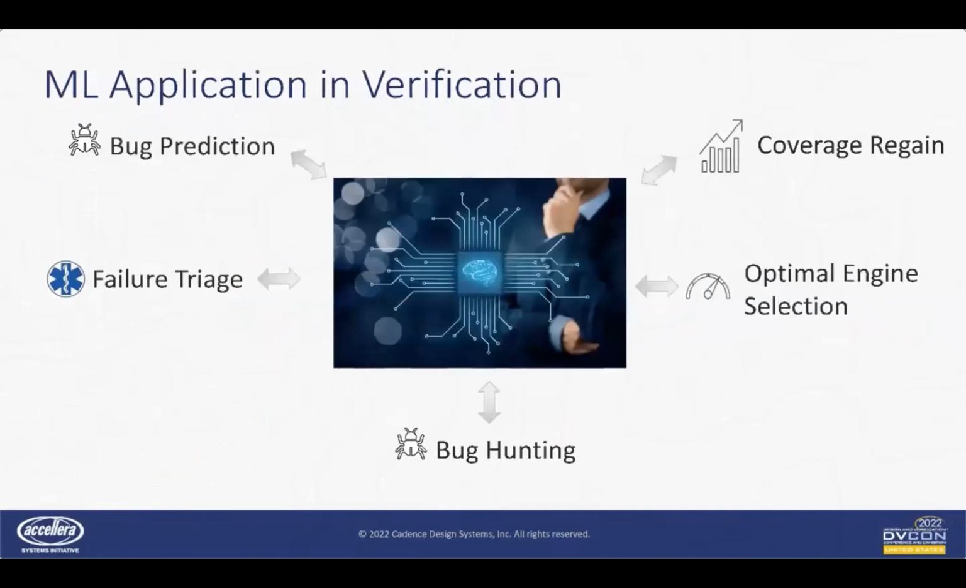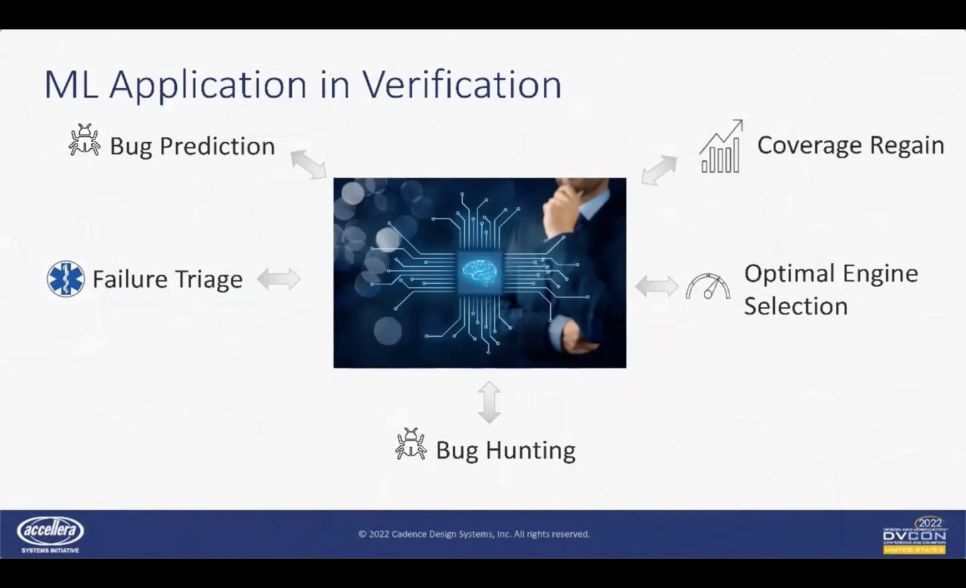So to that end, we can look at applying machine learning in a number of different areas. We can look at things like coverage regain, so the ability to shorten the amount of time it takes to get to a known good point. We could look at failure triage, so the ability to look at failing tests or failing messages and bucketize them or triage them automatically. We could look at optimal engine selection, so applying machine learning to figure out what is the best way to